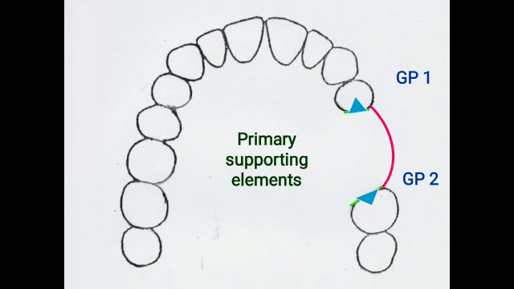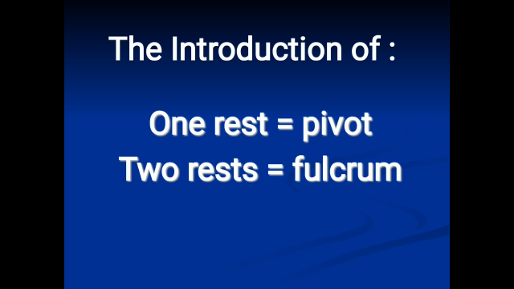A rest seat is a seat we prepare for receiving a rest. These rest seats are prepared in the occlusal surface of the premolar and molar on either side. Into that rest seat, the rest of the removable partial denture will be seated. So once that happens,